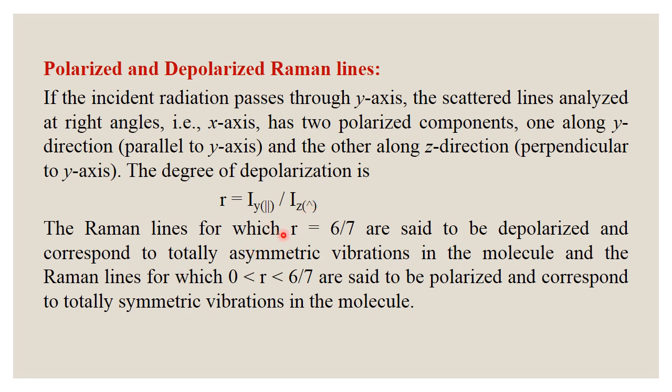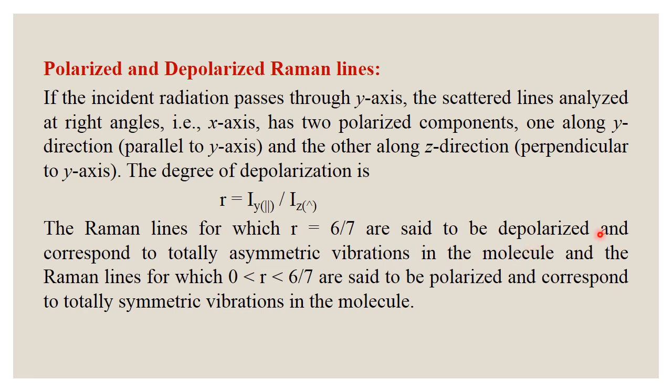If the Raman lines have R equal to 6/7, they are said to be depolarized. This is totally depolarized and corresponds to totally asymmetric vibration. If R is 6/7, they are said to be depolarized vibration, and the vibrations correspond to totally asymmetric vibration